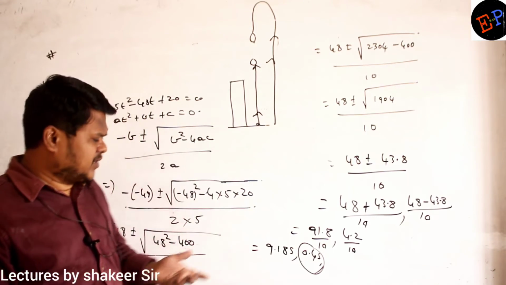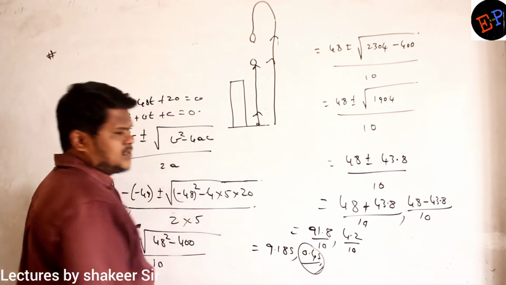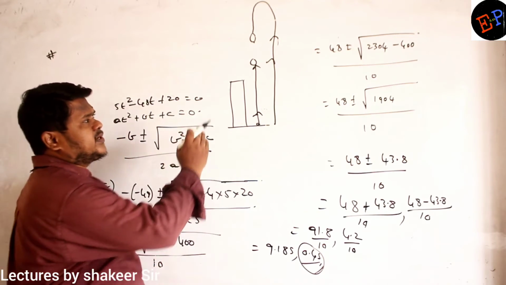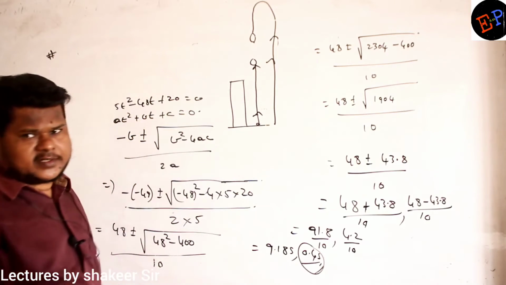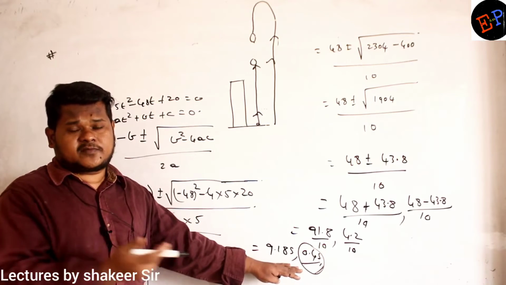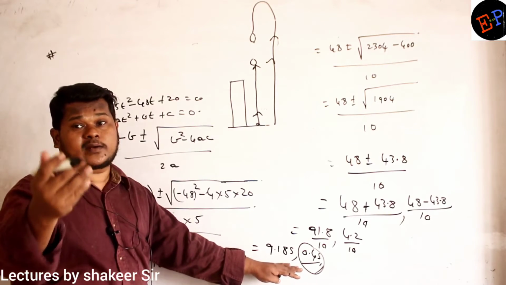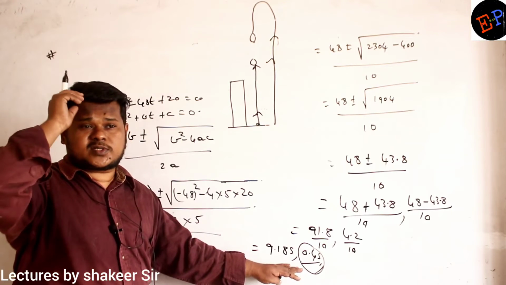Okay. But which time will we take? Let us take only this time, or you can take this time also. I will take this time. Are you able to understand? When a stone is moving upwards and hitting the balloon, then the time taken is 0.4 seconds. So one answer I have calculated. When? After 0.4 seconds. Where? Where the stone goes and hits the balloon.